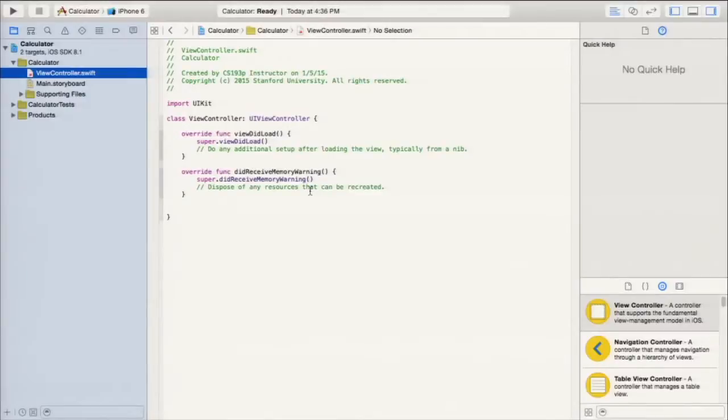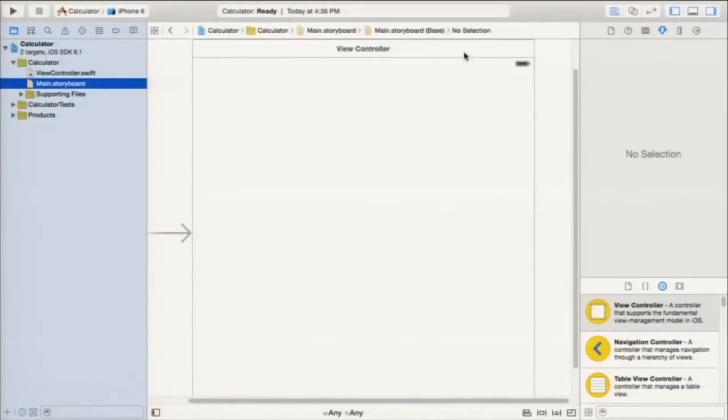And that means it's going to do things that are specific to how this user interface, a calculator's user interface, works. So when we press the digit buttons, it's going to have to update the display. When we press times, it's going to have to do some multiplication and then put the result in the display. So it's controlling the display. Okay, so we'll get back to this code in a moment, but we're going to start by building our user